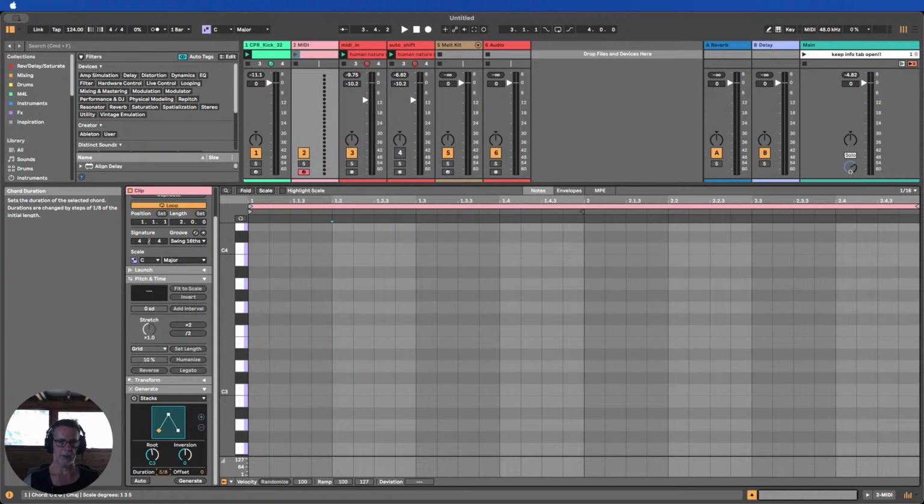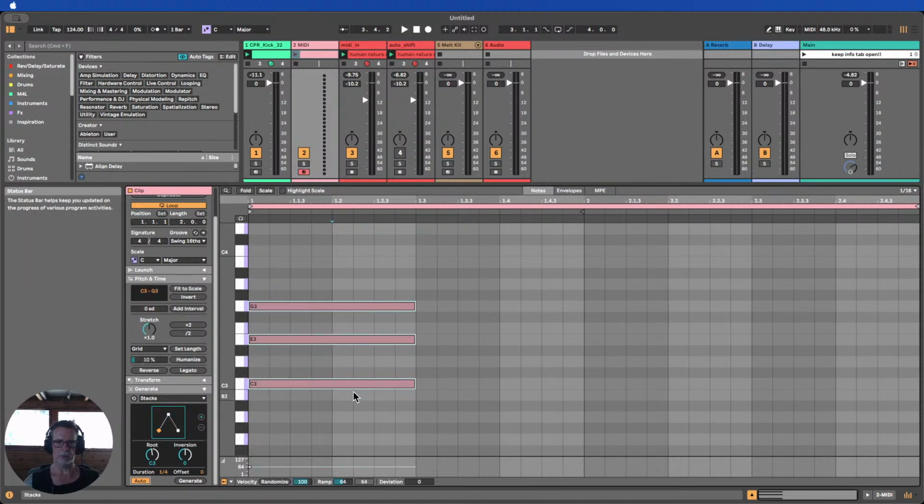That's a bit long for me, so I'm going to come down and ask it to give me a quarter note chord for the first one, and offset would be the timing. So that would be shifting it in notes through the piano roll. I'm okay with it landing bang on the 1 for now. No inversions, but if we want inversions, you can see in the middle here, we are inverting our triad, right? First inversion, second inversion, all possible as well. So you can go right out the gate with something different. We're just going to have a C3 root note triad like that, quarter note long, auto, bang, there it is,